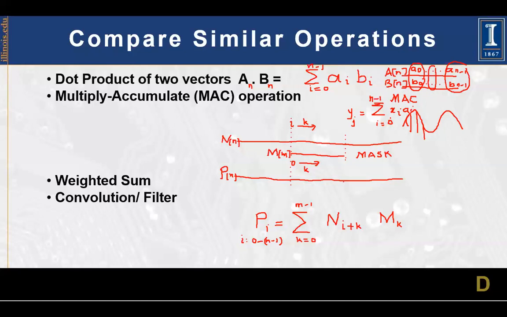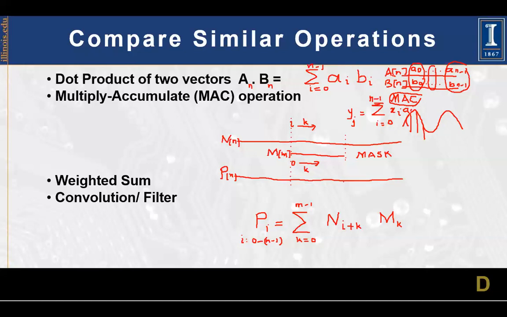This is the output. So these were the sample inputs multiplied by the coefficients and accumulated to get the output. That is why these people call the same thing MAC, multiply-accumulate. But MAC, as I had earlier told you, is very similar to the dot product of two vectors, which we keep doing in all our problems.